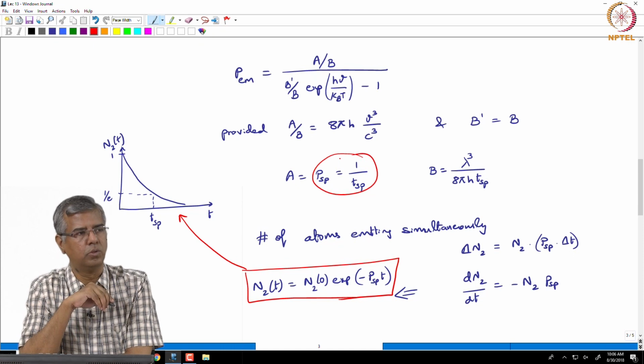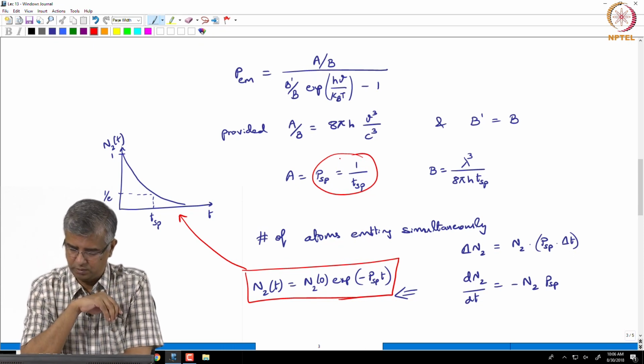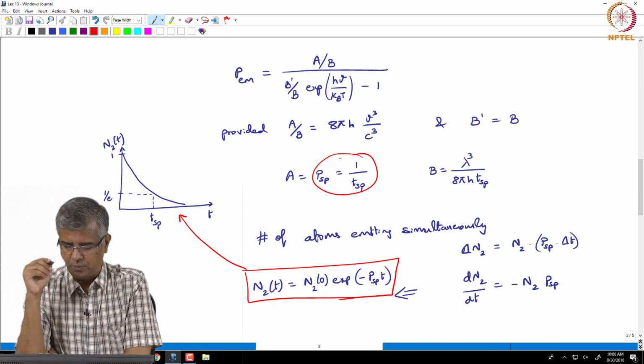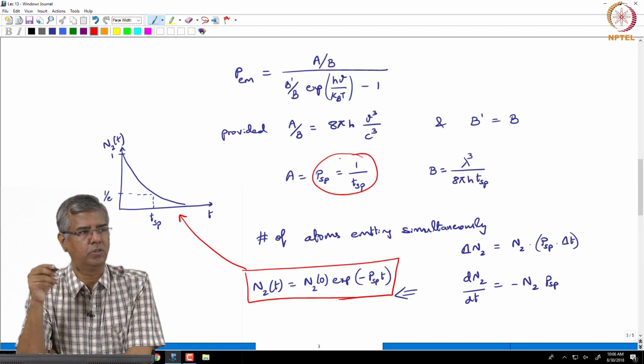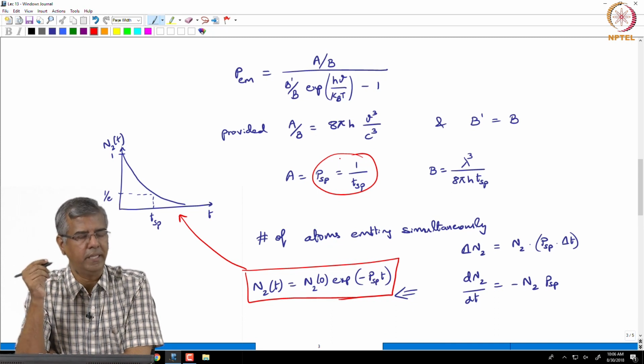PSP is equal to 1 over the spontaneous lifetime, or rather the spontaneous lifetime corresponds to the time where the N2 population goes to 1 over e of whatever it was at time equal to 0,